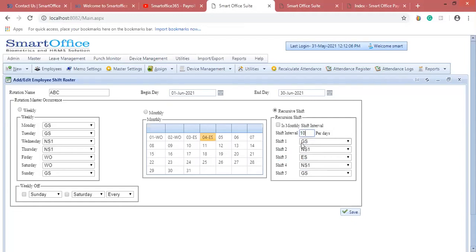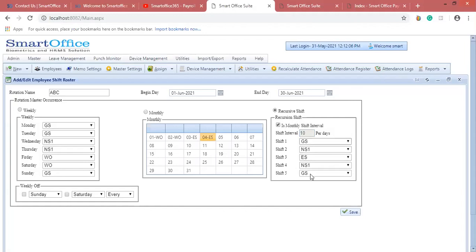For 10 days it is going to take general shift. For another 10 days it is going to night shift. For another 10 days it is going to evening shift. Like this, the shifts keep on rotating for this particular interval of time, or else for 1 month.